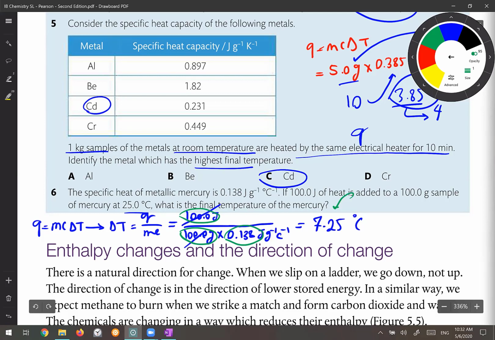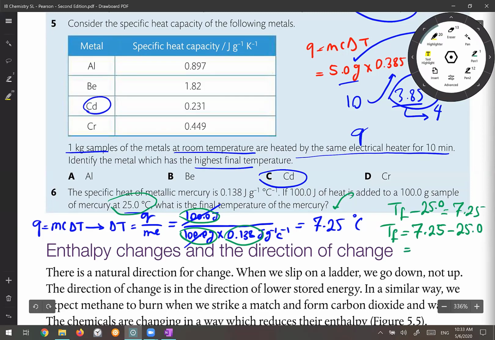It means T final minus T initial is 7.25. Initial temperature is given since the mercury was at 25 degrees. So instead of T initial, I can write 25.0, and I can find T final becomes 7.25 plus 25.0. Okay, again here, this one has 2 decimal points, this one has 1 decimal point, so the answer must be rounded to 1 decimal point. The answer would be